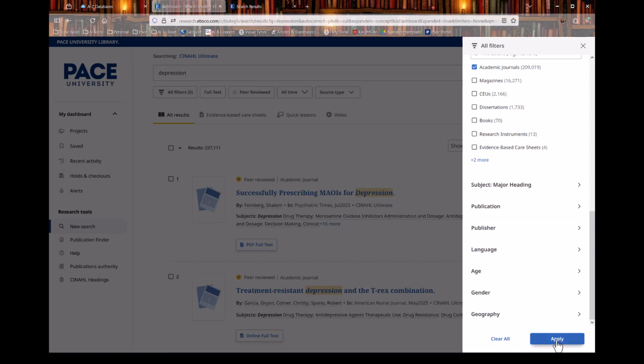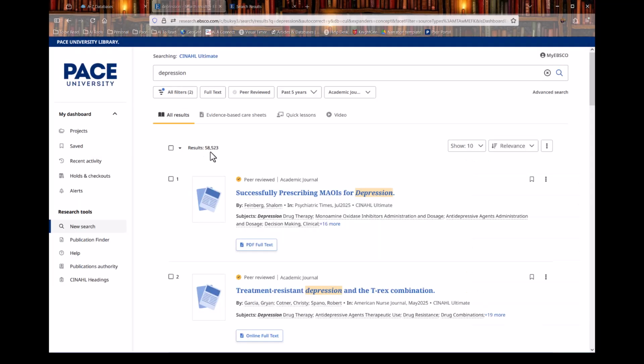And so I'm going to click apply to update my results. Those limiters have taken us down to 58,000 articles or so. There's also another way to use these limiters, which might be preferable because you can see more options, is we